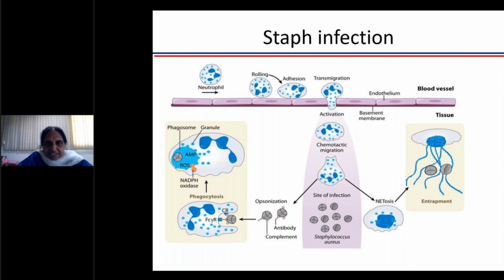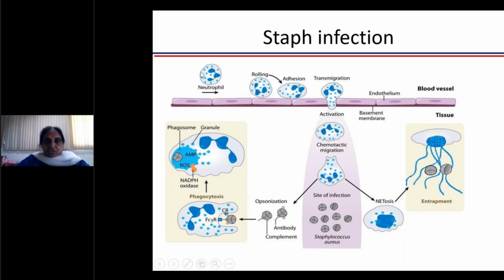So let's take an example of staph infection, which is a very simple infection. What you see there is that staphylococcal bacteria has entered your skin. Once these bacteria enter, they produce certain substances which will attract the neutrophils, because it gives a danger kind of signal. Anything which is foreign in the body makes certain things, and the body realizes that there is some threat.